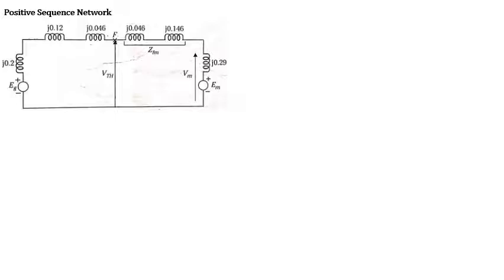So where is the fault? This is at the fault F, middle of the transmission line. So hence, the total reactance for the transmission line is going to be divided by 2. Okay, so this is 0.046, this is 0.06 for the transmission line, then for the transformer T2, and this is the expression for the motor, that is reactance and source of EMF.